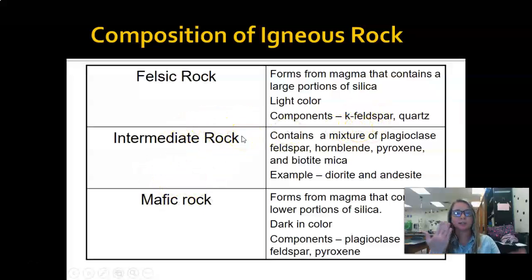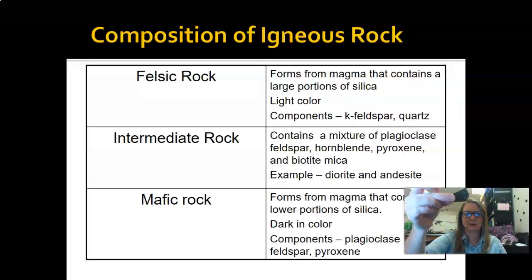Intermediate rocks contain both light color and dark. So you're going to have a mixture of the potassium feldspar. You're also going to have a lot of hornblende. You might remember our olivine; those are sometimes in there. Our biotite mica: we saw the muscovite mica in our mineral box, which is a clear color, and its sister mineral is biotite mica. Same idea, very, very thin, but it's just a black color.